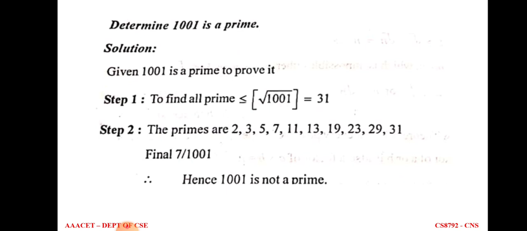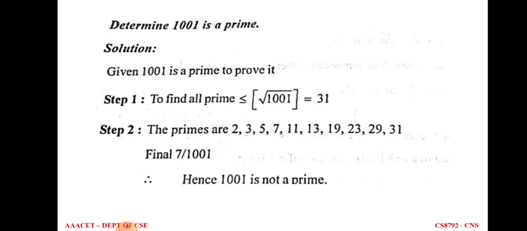So we have to do the first step, that is root n. The square root of 1001 is about 31. Already I said 900, so nearby 1001, the result is 31. We have to write the number which is less than the exact result. We don't write the number above it, right? So the result is 31.